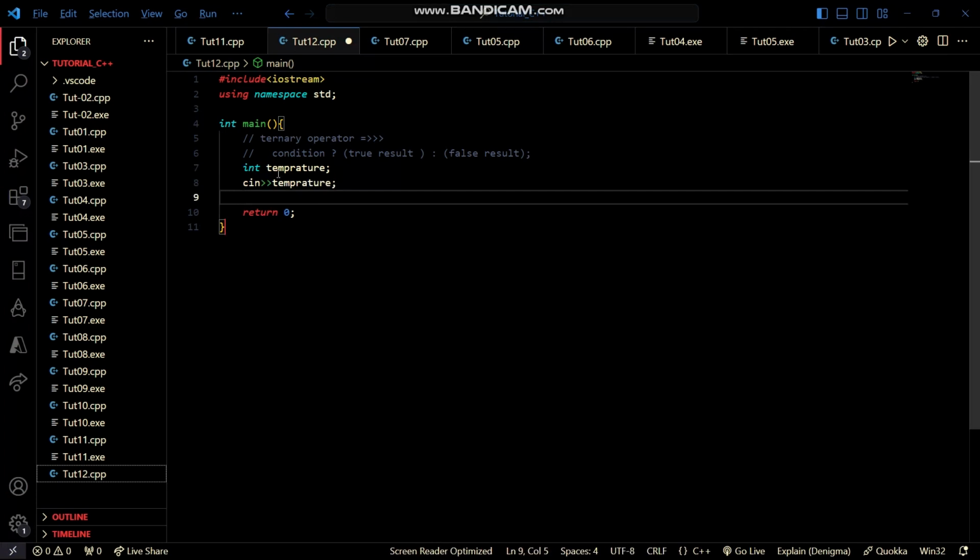So temperature is a condition, temperature is greater than 20, okay, and the ternary operator, here the condition. cout, if the condition is true, temperature is greater than 20, then it is hot, and the colon, and if the condition is false then cout कर दो, it is cold